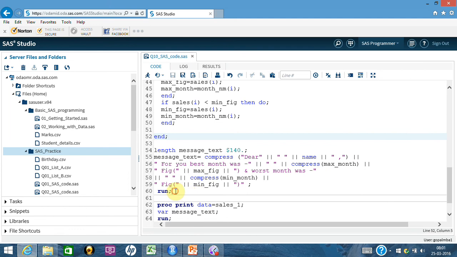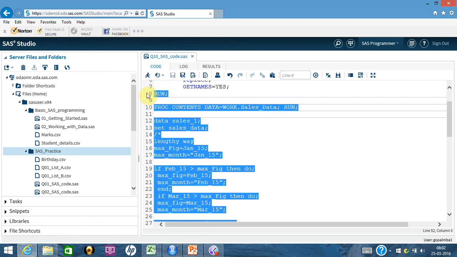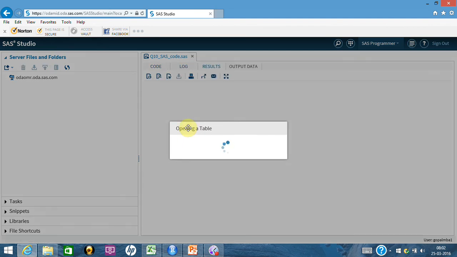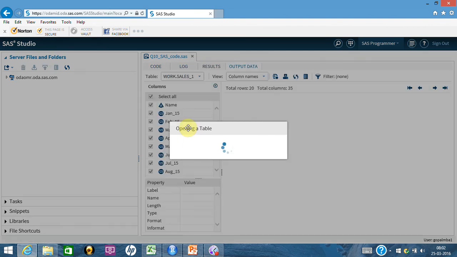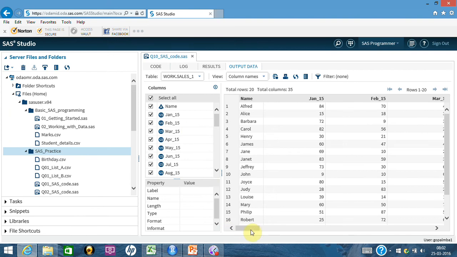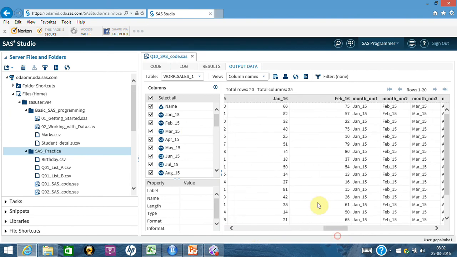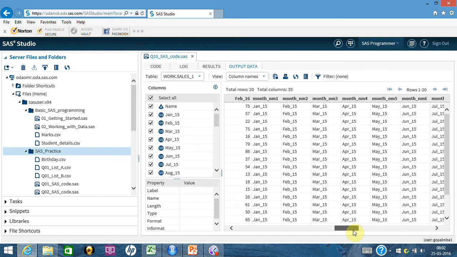So if you run this, it creates a data set sales 1, and in sales 1 you have got January 15, all those figures, which were already there till February 16. It created a list of character variables where it just put month NM1, month NM2, month NM3, like that.